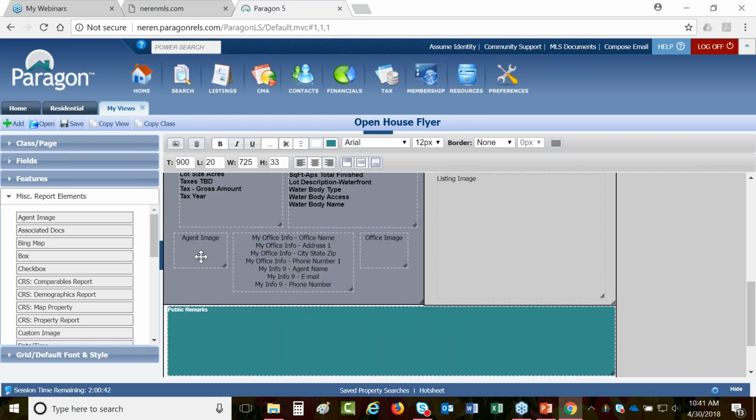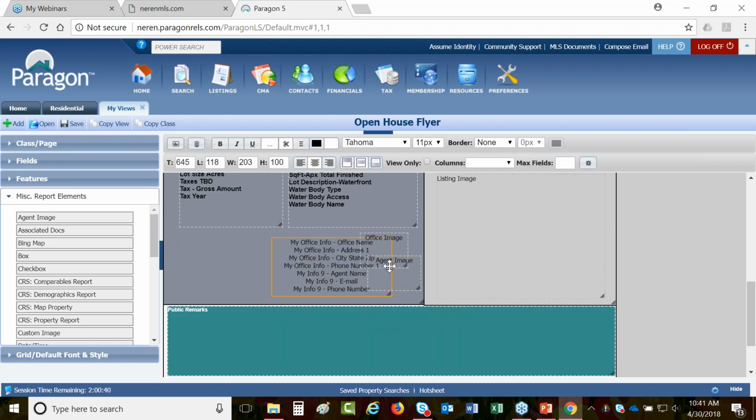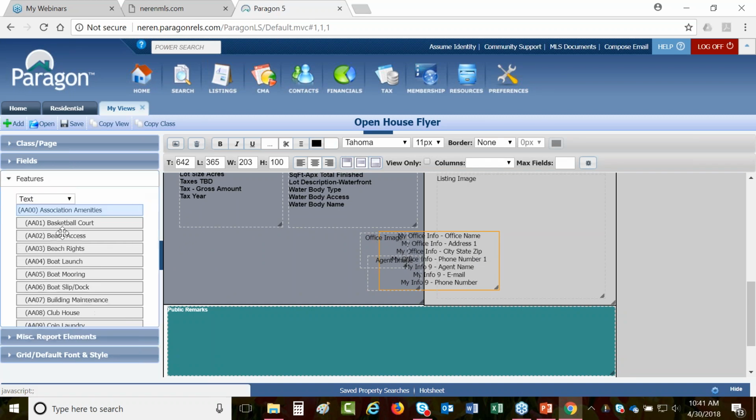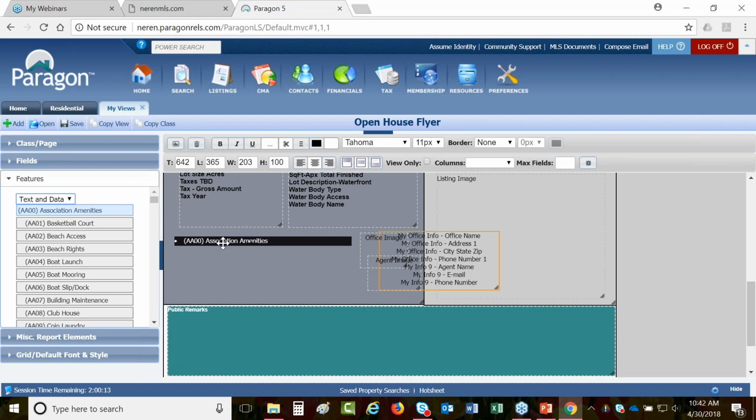I already talked a little bit about this, but I'm going to drag this over so I have some room here. When you look at the features, if you do want to drag over individual fields instead of using the field preference boxes, you have two options here. If I want to bring over association amenities so that no matter what the agent enters for association amenities, I see all of those options, then I'm going to drag over this blue color. I'm going to choose text and data, drag that over so that association amenities shows as my label, and whatever the agent had selected for amenities will